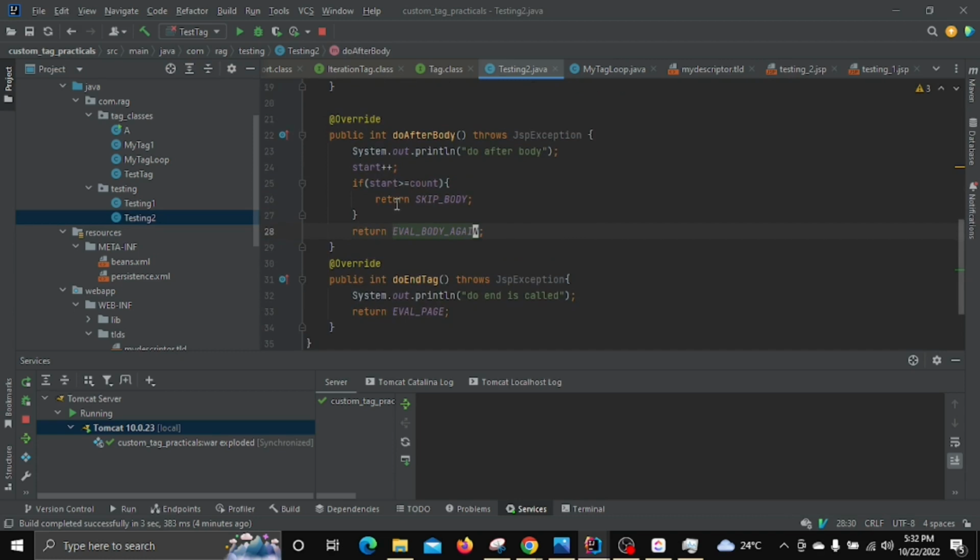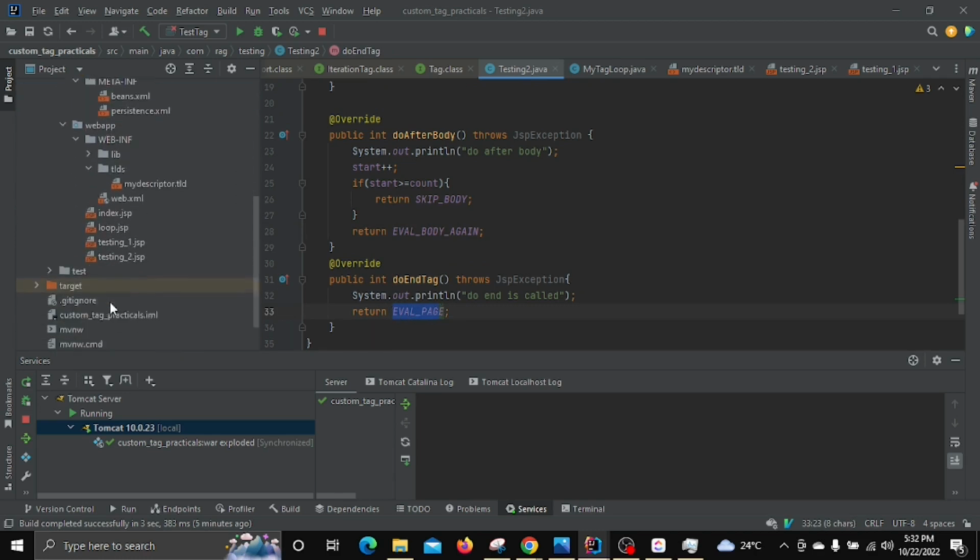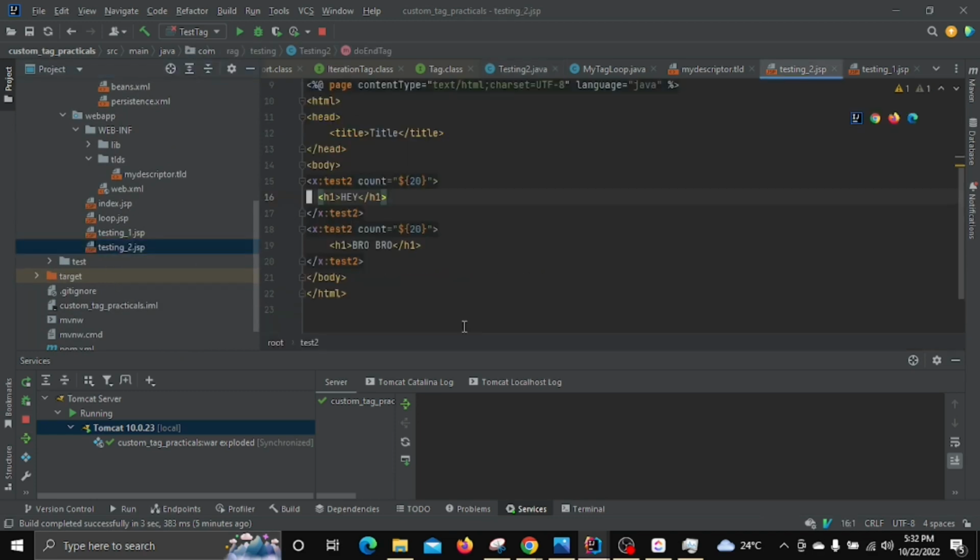And after that, the end of the tag. So in the doEndTag, I said EVAL_PAGE. So this means go to the page. So to go to the page, and this is the page, the end of the tag, and here we have another tag, so work on that. If I set to